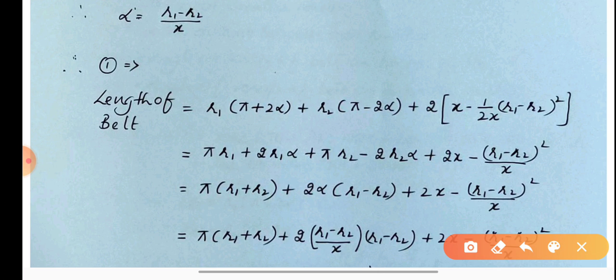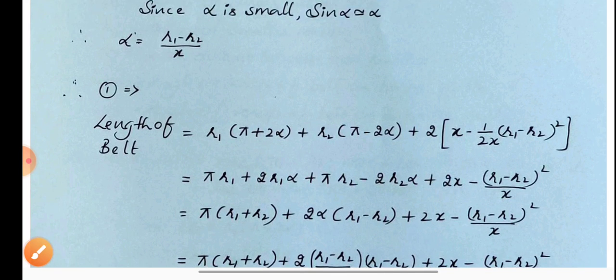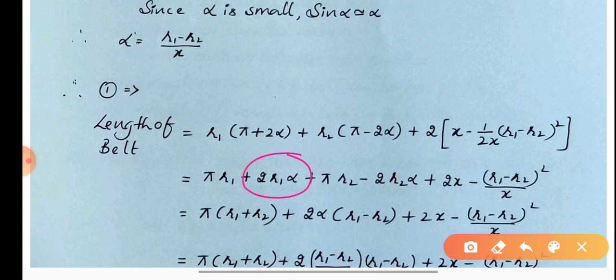What I will do, I will multiply R1 to this pi and 2 alpha. So I will get this. Similarly, I will multiply these two things. I will get this. Here again I will do the multiplication. I will get this. Now you can see from these two terms, what is the common parameter? Pi. Pi I have taken common. So we are left with R1 plus R2. Similarly, if you look at these two, that is 2 R1 alpha, 2 R2 alpha. What is common? 2 alpha. I have taken 2 alpha common. So I will get R1 minus R2 remaining